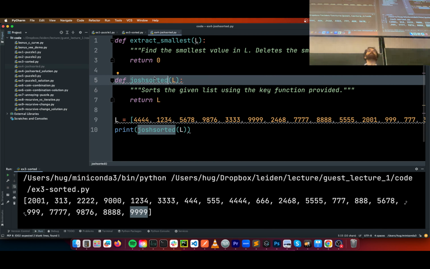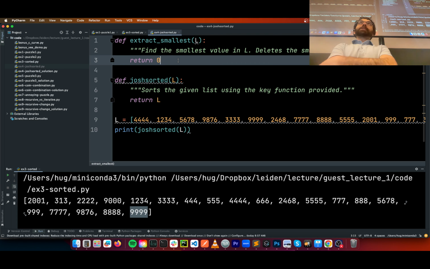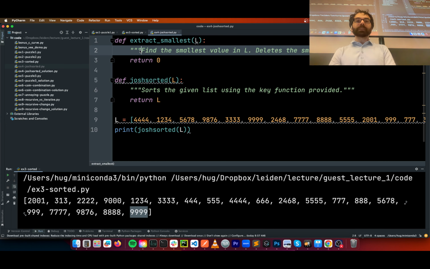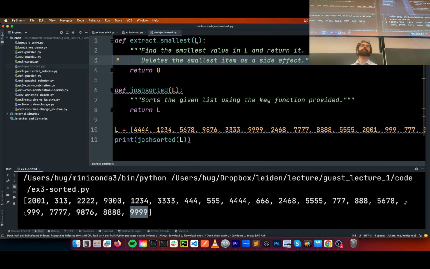Okay. So how is this going to work? Well, there are a lot of different ways that you can sort. If you take an algorithms class someday, you'll see there's like a half dozen really important ways. In fact, on assignment 4, you'll see a sort called merge sort. I'm going to do a sort called selection sort, but this is a piece of lore, it doesn't really matter. The key abstraction for my sort is a function that has a very specific and kind of quirky behavior. It's going to find the smallest value in L, and it's going to return it. Then it's also going to have a side effect. What is a side effect?